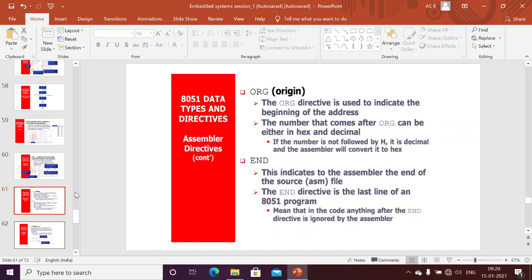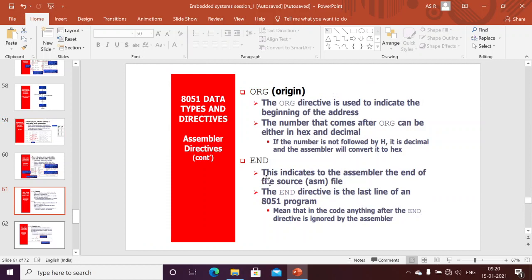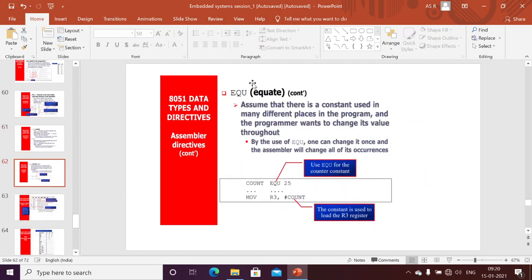If I want to give a particular location to store our program, I can use this directive. Next, END. If I want to show our assembler that my program is ending here, it will understand by this directive that the program has ended. Mainly we use ORG and END to start and end the program of the assembly language.